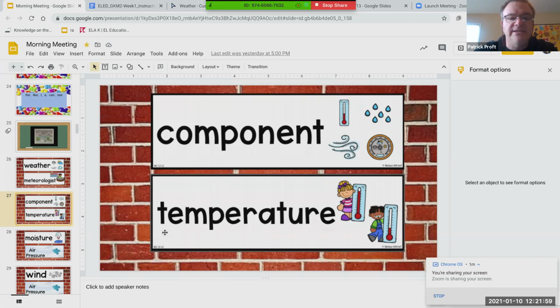One of the components is this, temperature. This is the word temperature right here. And we know this is temperature because it starts with a T, right? So one component or one part of weather is the temperature. Is it hot? Is it cold? How hot? How cold? And there's a device that we can use to measure the temperature outside our house. That's called a thermometer, which is what's in this little picture right here. So the two kids holding the thermometer are telling us about this first component of weather, temperature.